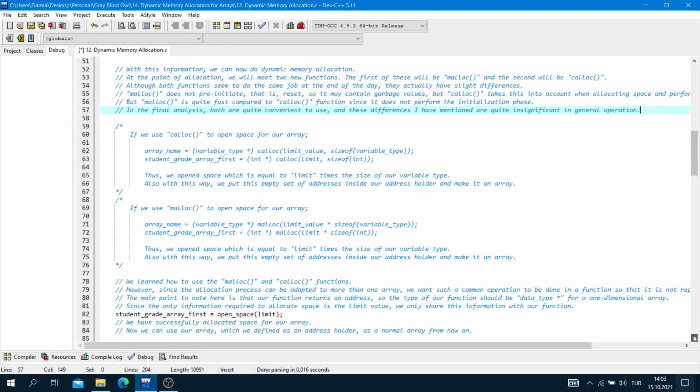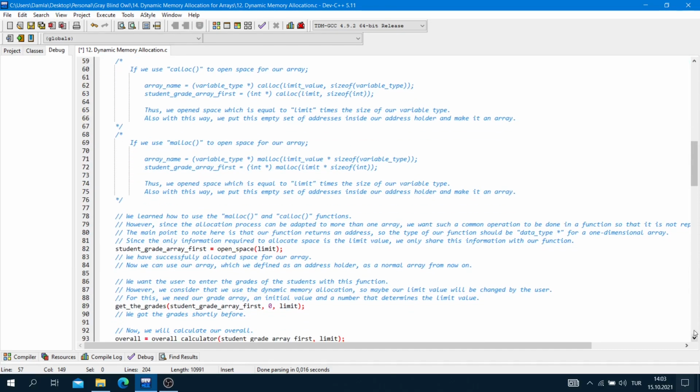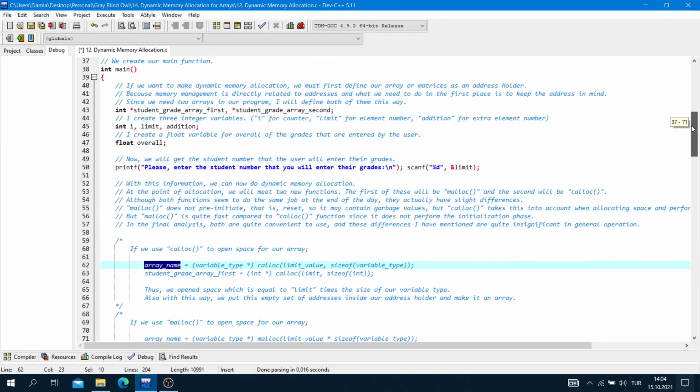Now, if we use calloc to open space for our array, we define, for example, an integer pointer, student grade array first.